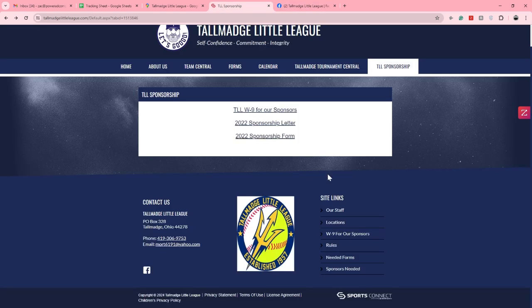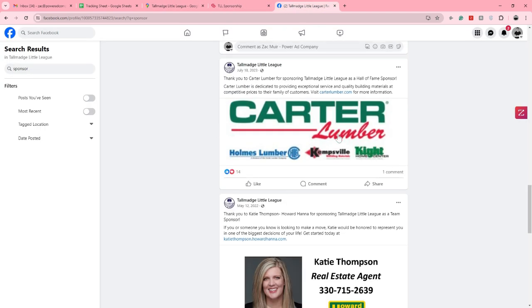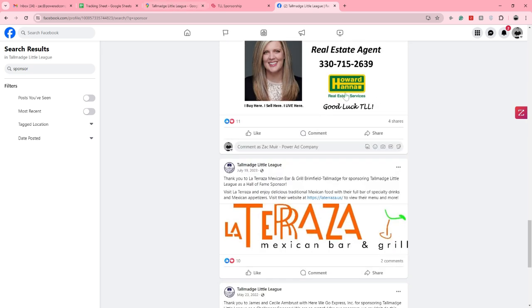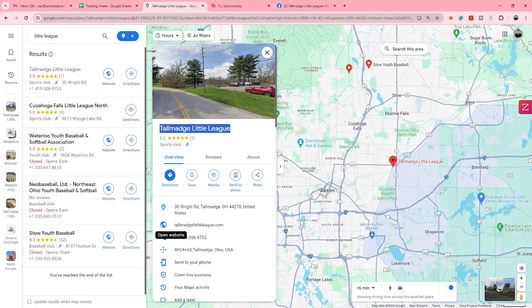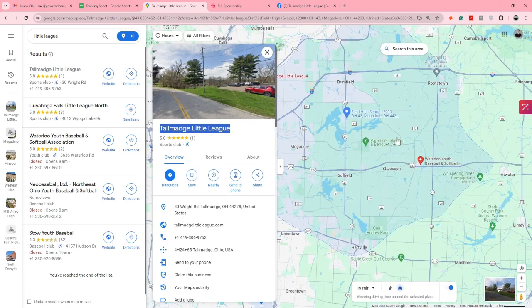We could look a little bit further on their website, but sometimes there might only be a couple. So that's right. We just keep on scrolling through. Wow, this looks like a gold mine. So I won't copy all of these across. You know how to do that. But let's just go and then of course once we've finished with Tallmadge Little League, we'd come across and we'd